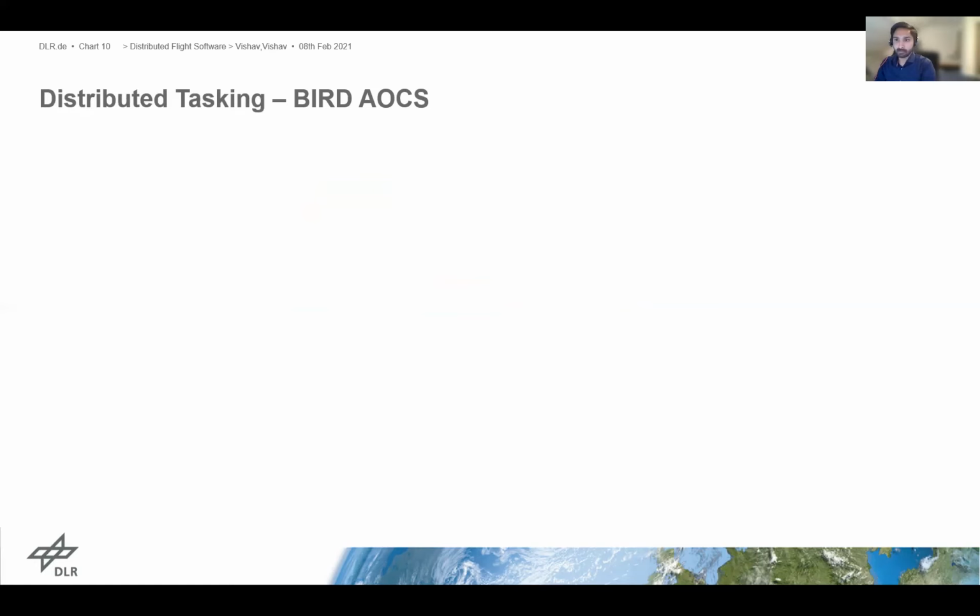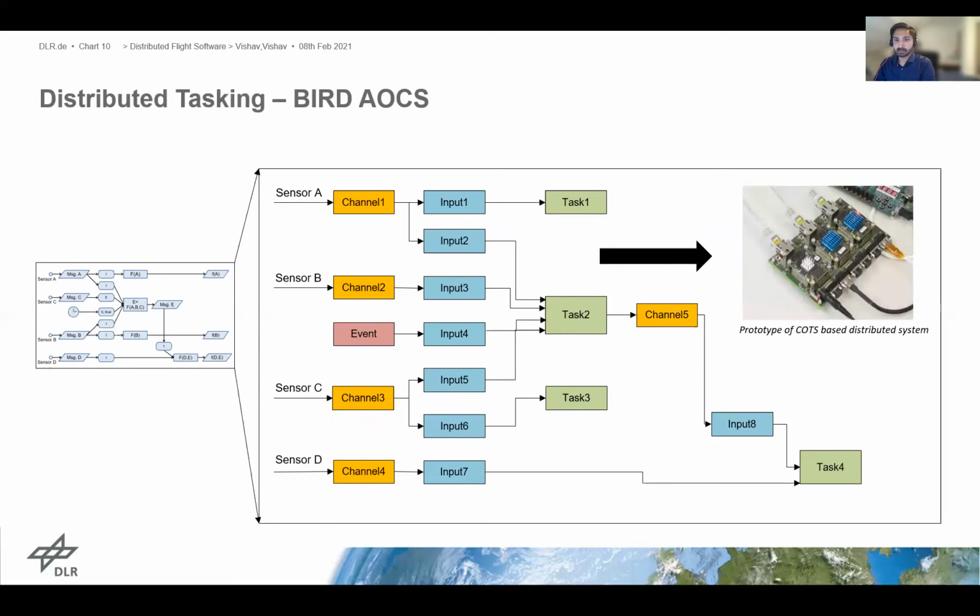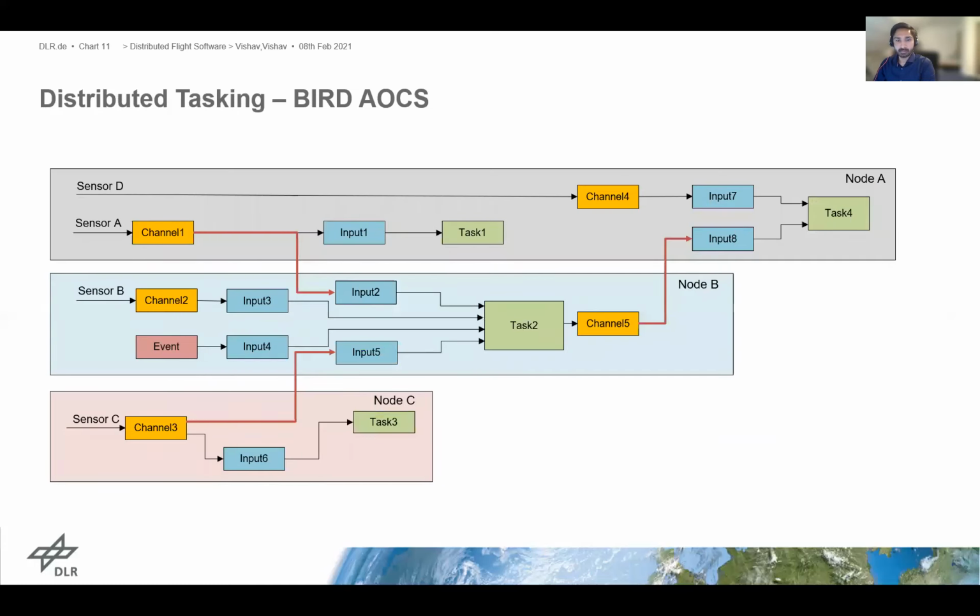Now that we know how Tasking Framework functions, let us see how we can extend it to distributed systems. For simplicity, the example discussed before has been converted to a task map. Considering that we have a distributed system with 3 processors, the task map can be realized as follows. We can say that tasks 1, 2, and 3 are independent of each other, as the result of one task does not influence the result of another task. Hence, they can be implemented on individual processors to accelerate the processing.